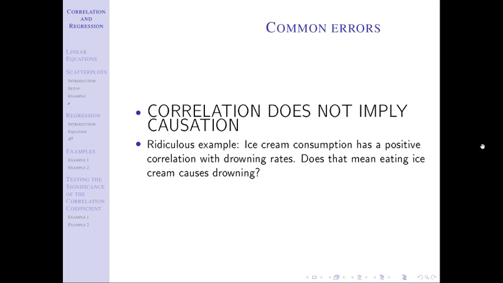Two variables are correlated. Maybe there's causation, maybe there isn't. We just don't know. In some cases, it's very clear that there is. In some cases, it's very clear that there isn't. In some cases, it's not clear at all. In some cases, you think it might be clear and it's not. And that's where we have to be careful, because sometimes we try to jump to conclusions and say this one caused that other thing. And maybe that's true and maybe it isn't. So we have to be very careful.